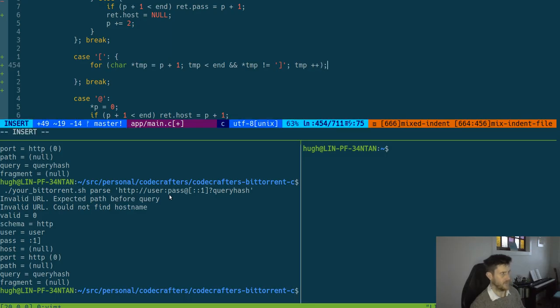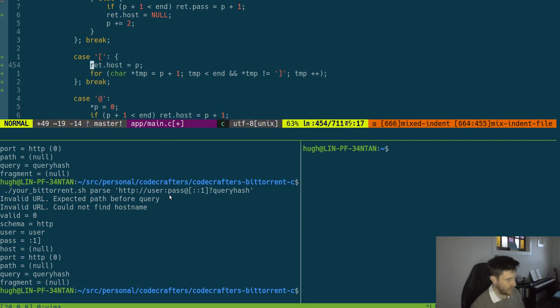And just do that. And I think that's that. And we can make sure that this is ret.host equal to null. Not equal to null. We want it to equal to BP here, but I guess we want to check first whether we are in a